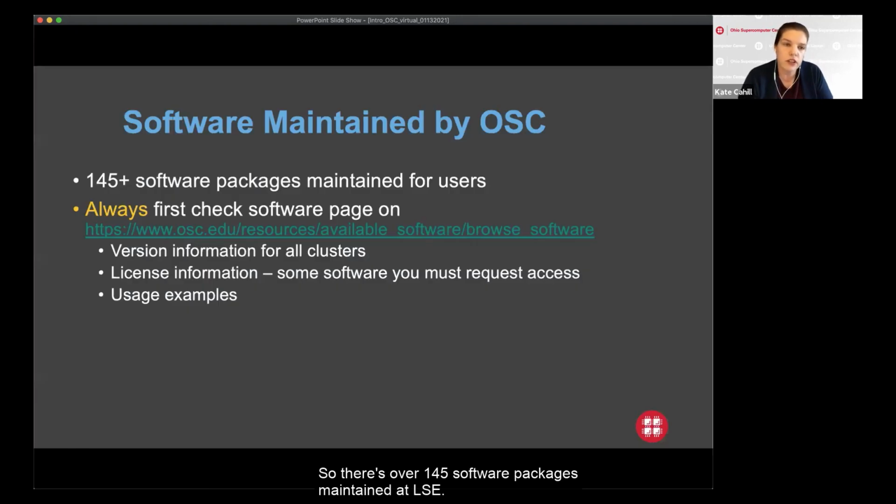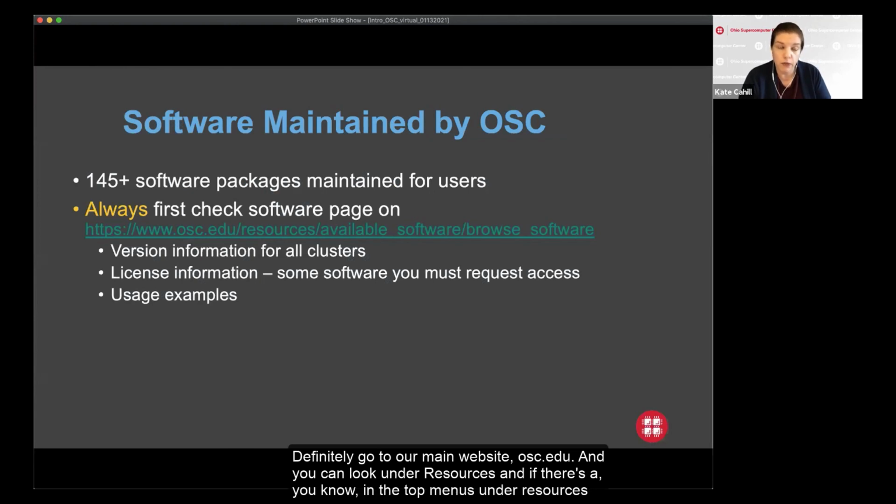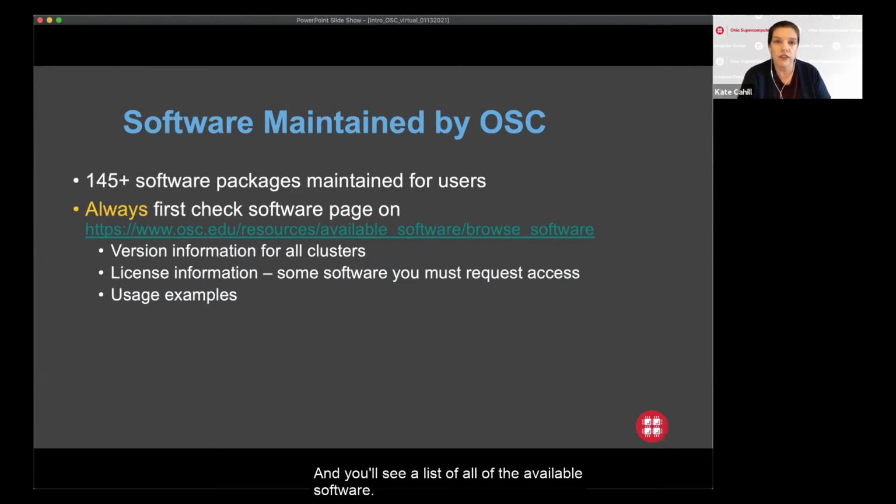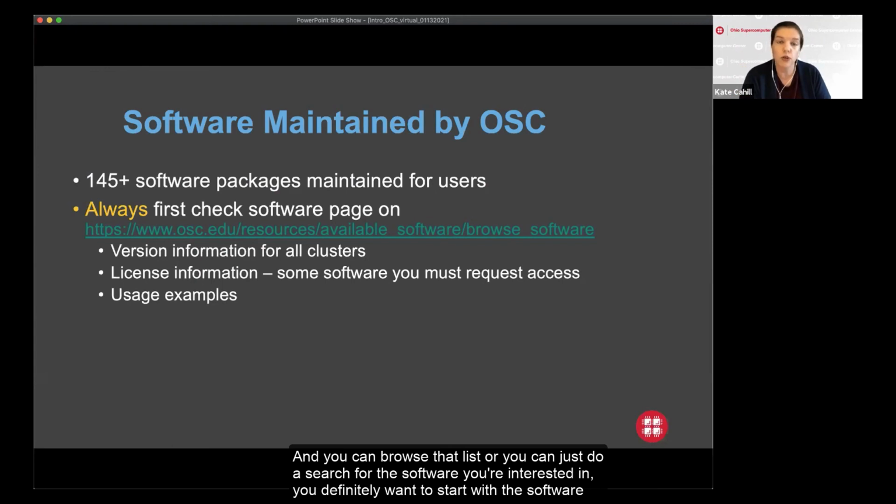There are over 145 software packages maintained at OSC. For any software that you want to use, definitely go to our main website, osc.edu, and look in the top menus under resources, available software, and you'll see a list of all of the available software. You can browse that list, or you can just search for the software you're interested in.